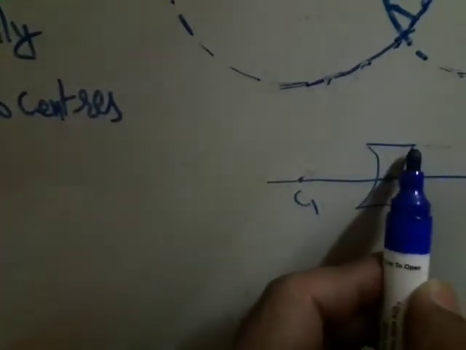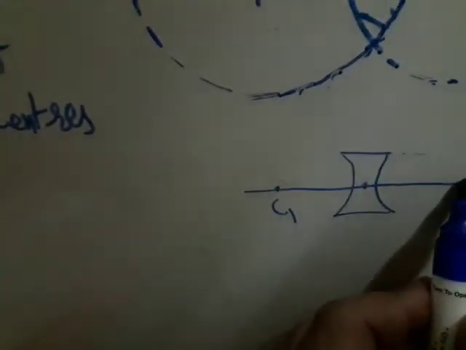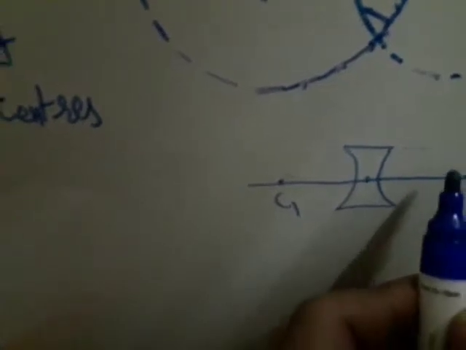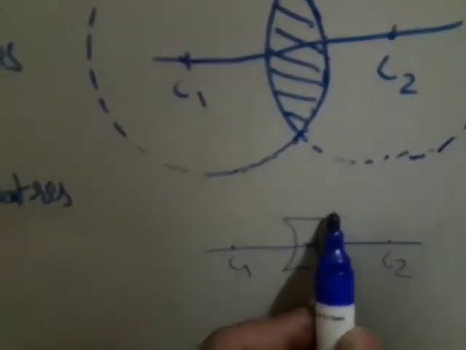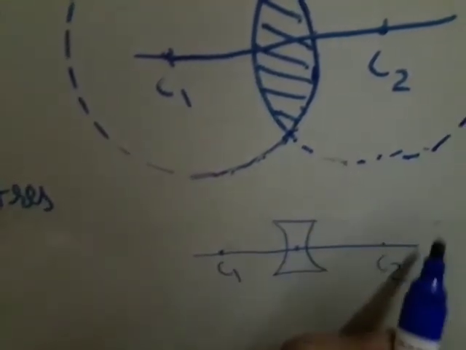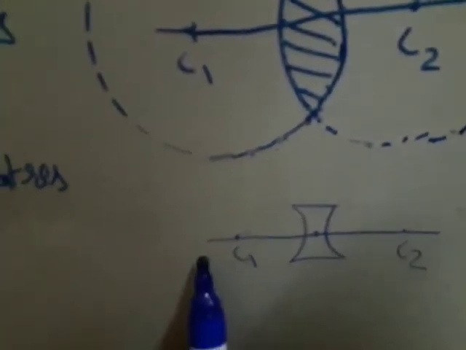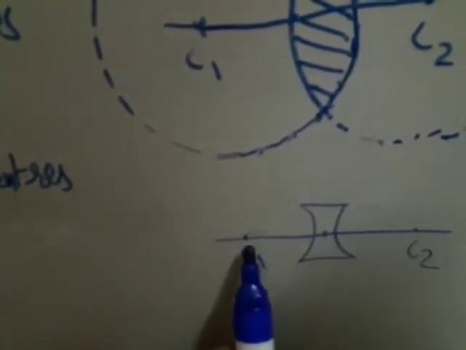As there are two spherical surfaces, one is on this side, so its center of curvature is C1, and this spherical surface has its center on this side, so it is C2. The spheres concerned with these two curvatures have these centers, called the centers of curvature, and the line that passes through these centers of curvature is called the principal axis. Okay, this is called the principal axis.